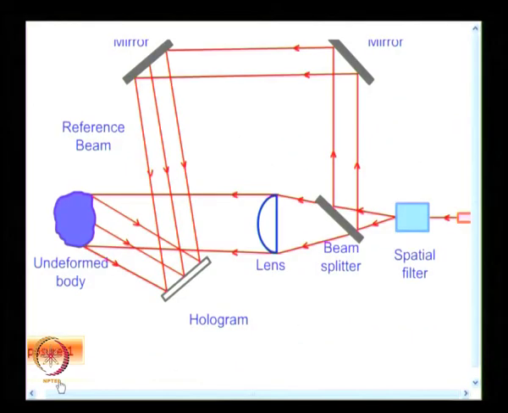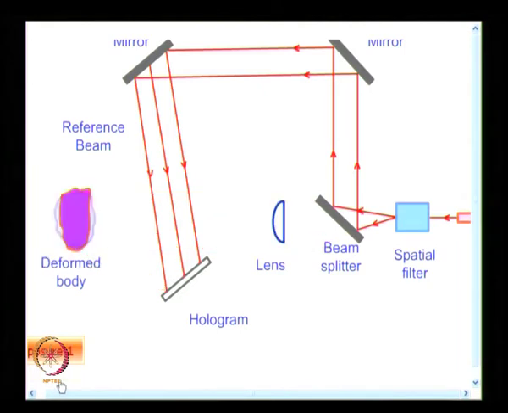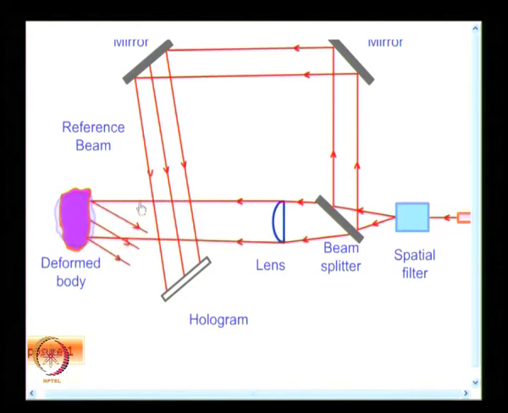So, that is why you need a double exposure. In the first exposure you capture this. Now, let me see whether I can do the second exposure. I have a button below, I will carefully press it. When I do the second exposure, you would have noticed I have not changed the reference beam, the body